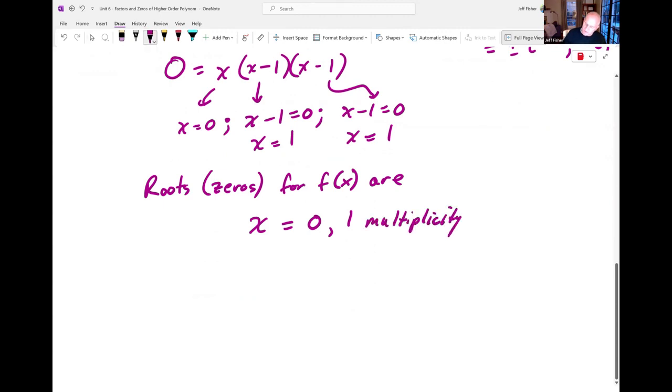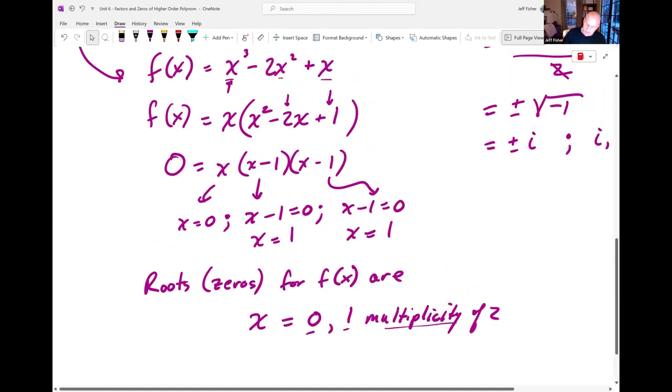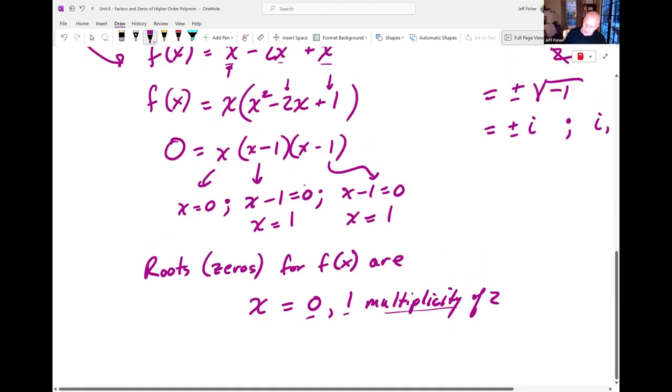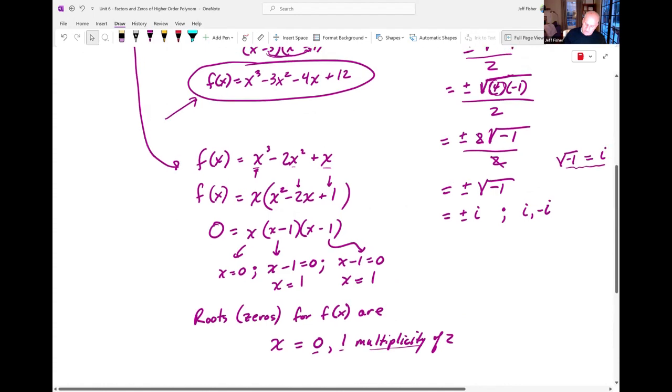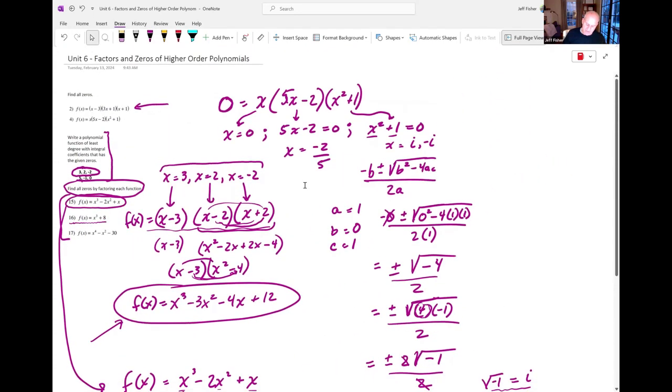That means there's more than one of them, because we have 2 of them. So that's how we say it. We say our roots are 0 and 1 with a multiplicity of 2, because we have 2 1s, right? Because this was an x minus 1 squared. Okay? So that's how we factor